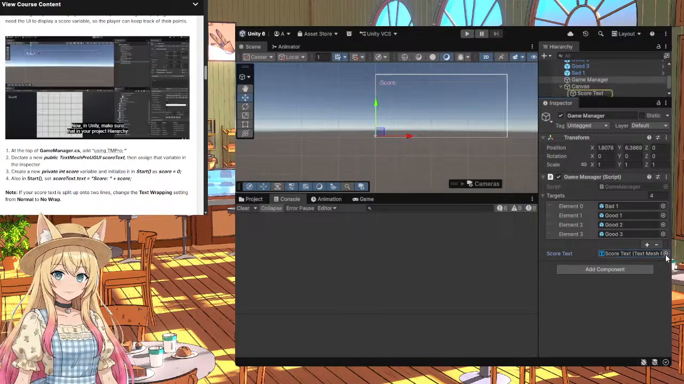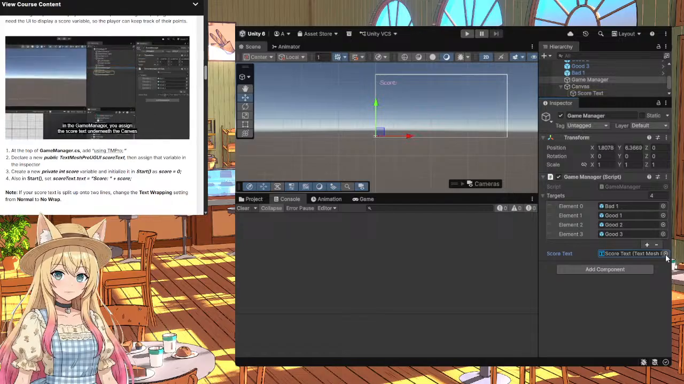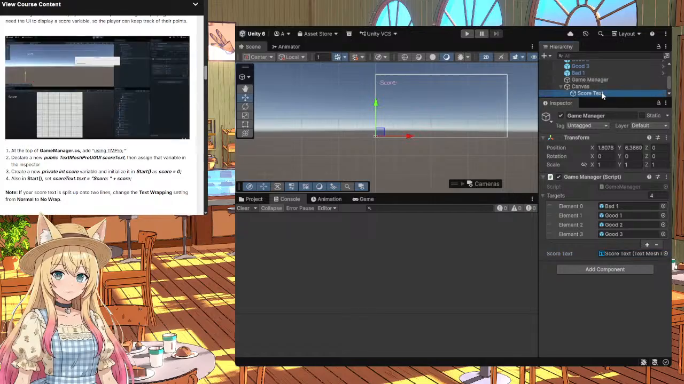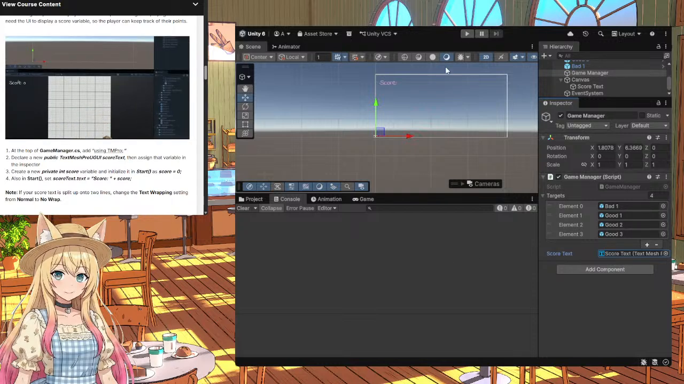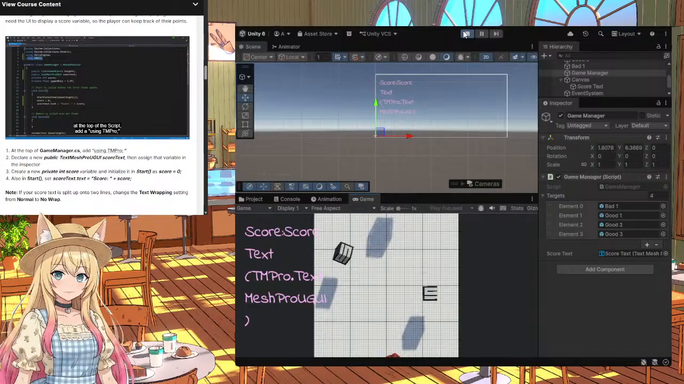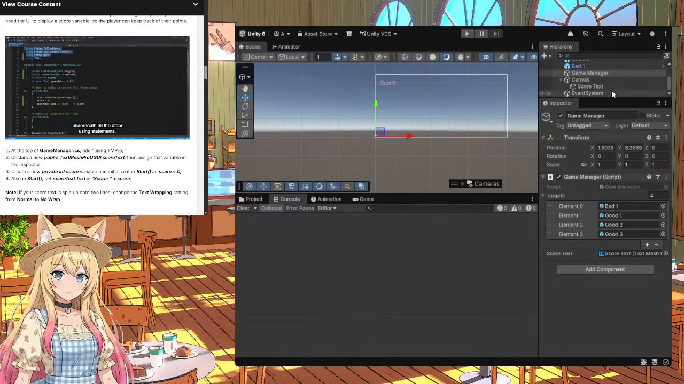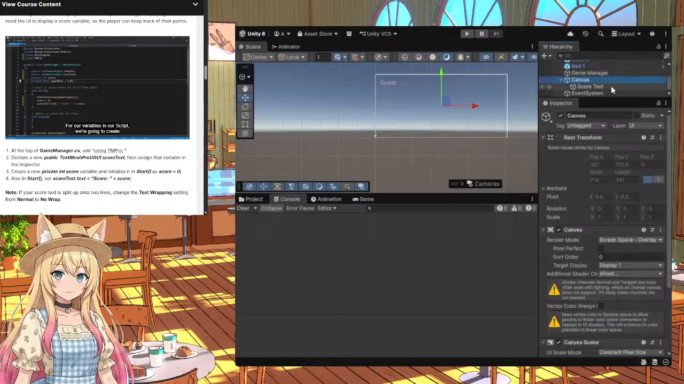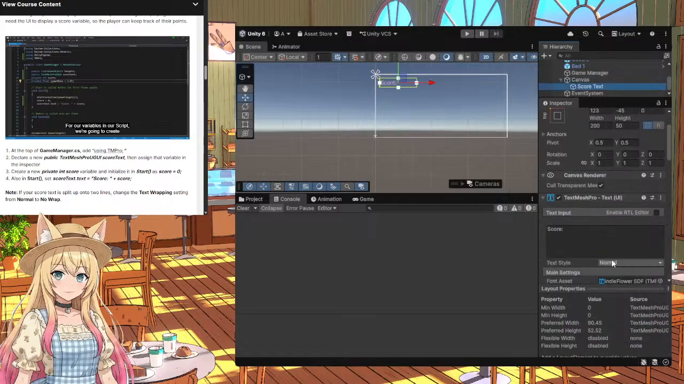Now, in Unity, make sure that in your project hierarchy in the game manager, you assign the score text underneath the canvas into the score text in our game manager script. And now when we save, press play, you can see that our score is immediately set to 0. What you're going to do is in your game manager script, at the top of the script, add a using TMPro underneath all of the other using statements. For our variables in our script, we're going to create a public TextMeshProUGUI, as well as